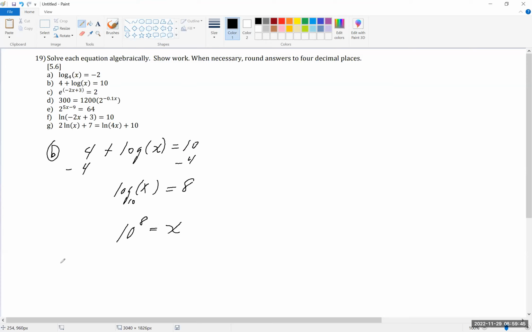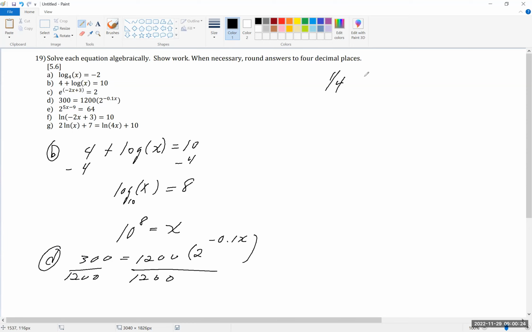All right, so let's do, how about D maybe? Let's do D. 300 is equal to 1200 times 2 to the negative 0.1x. All right, so the first thing to do is divide by 1200. And let me continue it up here. 300 divided by 1200 is a quarter. Is equal to 2 to the negative